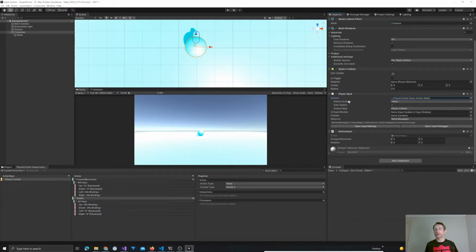Now here's default scheme, so this is your input, and we've got keyboard. We can leave it as any, which means we could actually have multiple control schemes. And the default map is player control, which is this player control action map that it's referring to there. Okay, we should be good to go. So let's hit play